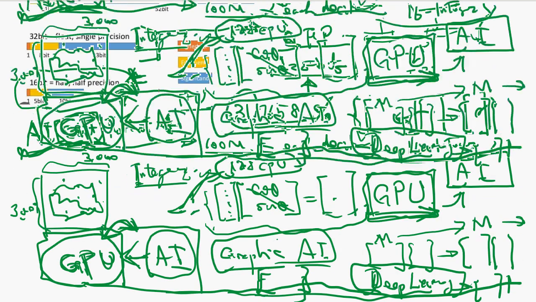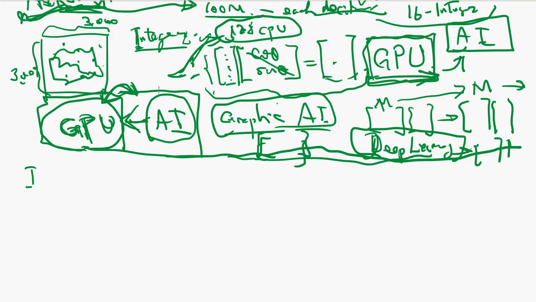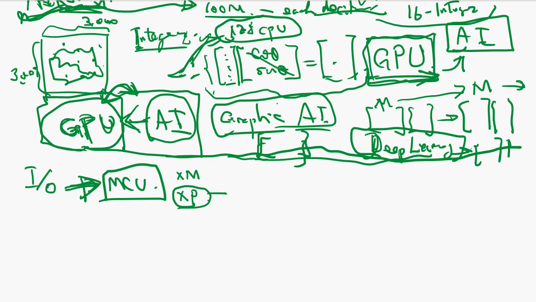And another one is called I/O control, like in robotics. I/O control MCU. This MCU is quite different. It doesn't do that many matrix calculations, no matrix calculation, no precision. Some of them need precision for machine control. Precision is needed. So an MCU may need floating point, but it needs more interrupt driven